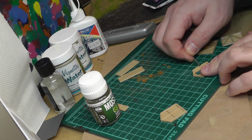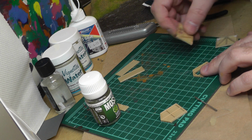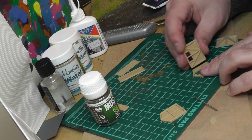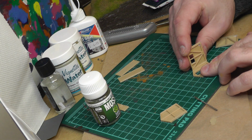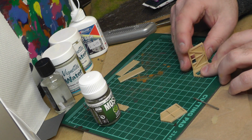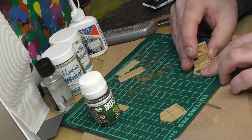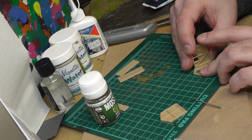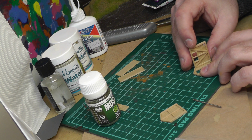A contact adhesive like a Bostik or a UHU or something like that. Yeah, an all-purpose adhesive maybe was the more sensible option. I can immediately feel a bit more of a bond. It's still